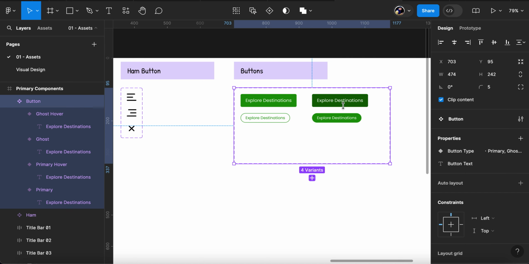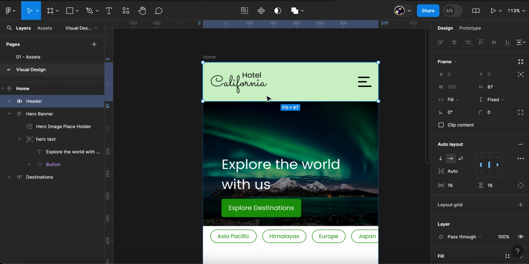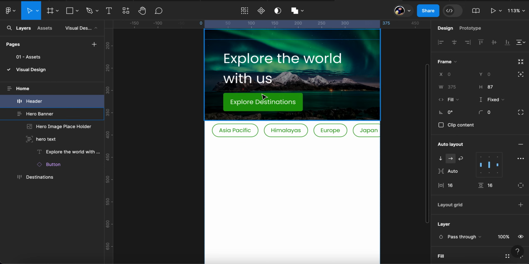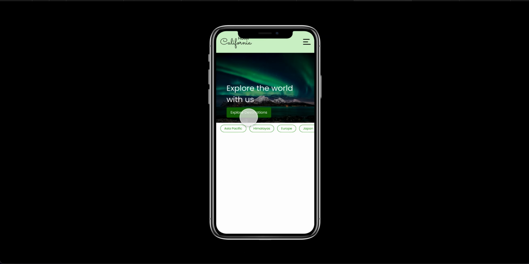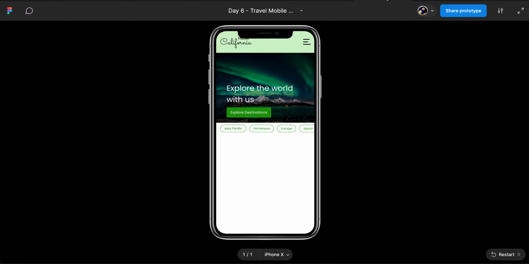From design mode, I'll change back to this one. So now wherever you have used the buttons, they get those rollover effects. Right, so let's move back to the